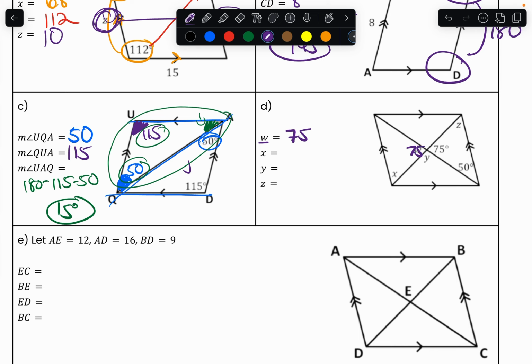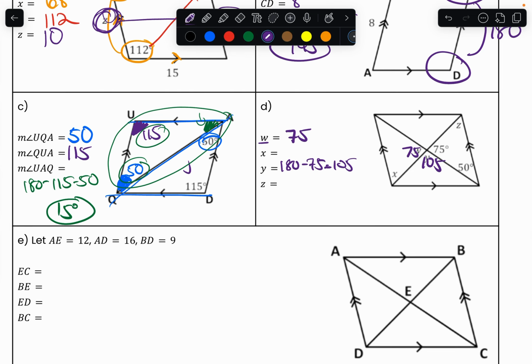Now, in order to find my X, if you look closely at this, actually, let me find another one that's easier. Let me find the Y first. If you look closely, you realize that this Y here is actually a supplementary angle with my 75 here. So this whole thing right here must be 180. To find my Y, I will just do 180 minus 75. This will give me 105 as my angle measurement for Y. Let me go ahead and label it. So this was 75. This is 105.